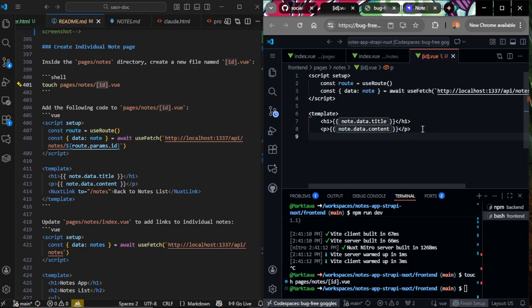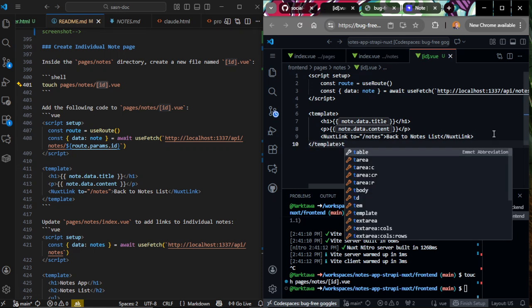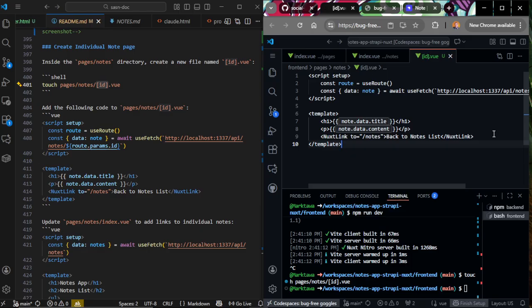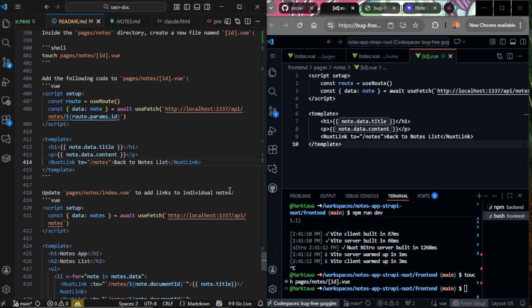And the next thing is the Nuxt link. This is to /notes, and so we say back to notes list. Alright, then we close off the template, and it has worked. So note.data.content, back to notes list. Okay, this is for an individual note page, so it will display the title of the note as well as